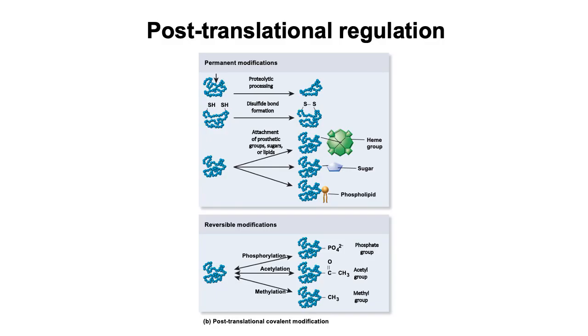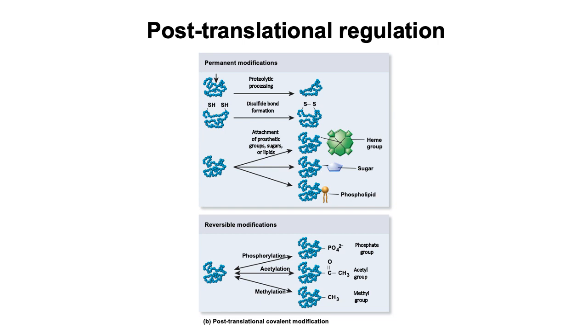And then the very last thing I want to talk about is something very common in eukaryotic cells. We get genes transcribed into messenger RNA, and then the messenger RNAs get translated into protein. But those proteins have to undergo some sort of post-translational modification in order to be functional. So this is another way that one can regulate whether or not a protein is active in a cell. Again, I don't want you to memorize everything on here. I'm just showing you a few of these as examples of what I mean when I'm talking about